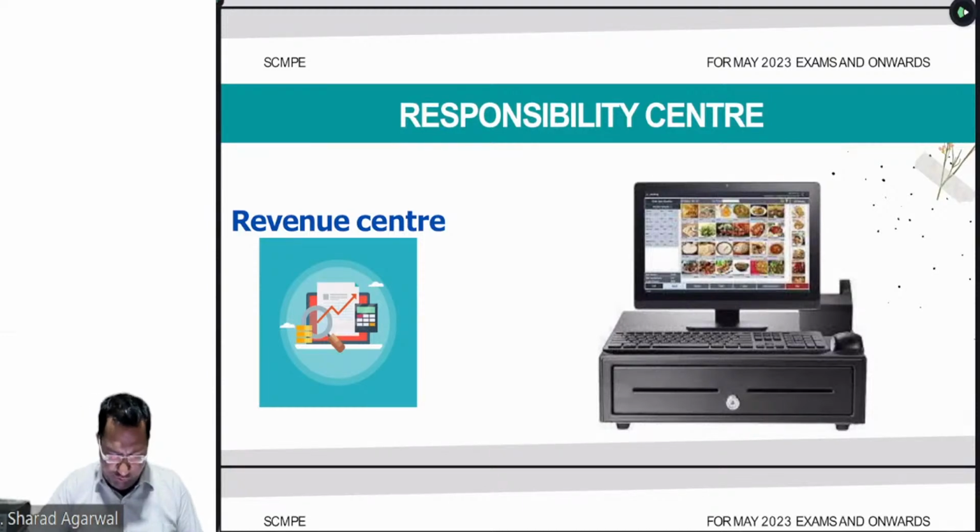Very good, beta. Seema Suresh Sharma says in octroi, we can say the toll tax cabins that are built can be regarded as revenue centers. They are only responsible for collecting the revenue from the cars or the vehicles. Okay, let's go, beta. Now we will move to another point.